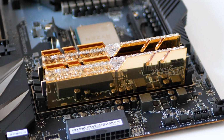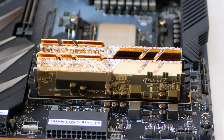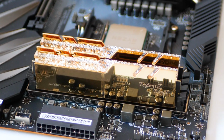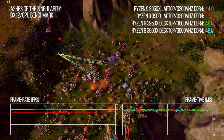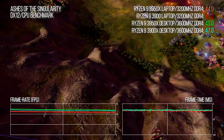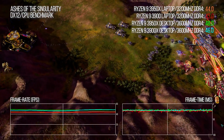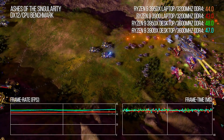You see, if I spent so much money on the main processor for my desktop rig, I'd be sure to budget for CL16 3600 MHz DDR4, the sweet spot for Ryzen 3000. We did these tests with RTX 2080 Ti at 1080p on the desktop side to ensure we're CPU limited. To achieve similar results on laptop, on a different GPU, we benched at 720p instead to still ensure that we're